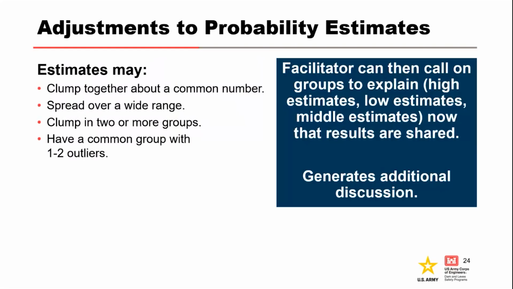A good facilitator is going to generally call on those that are on the high and low ends and see what they were thinking and see if everybody else is on that same page. If they're not, then it's up to the rest of the team to point out why they don't think that their number is necessarily representative for the project.